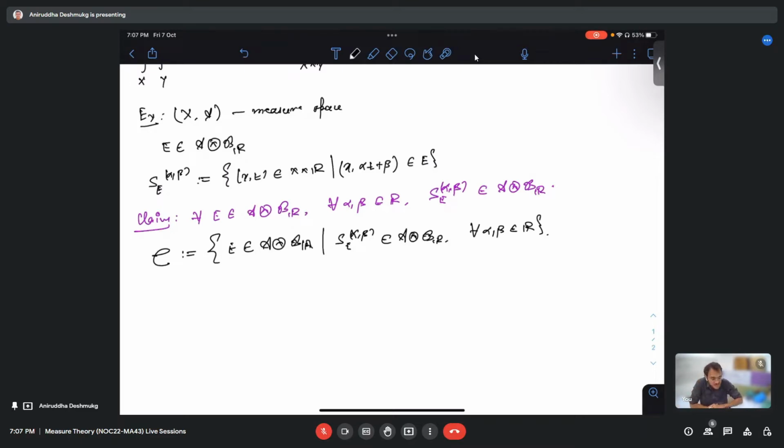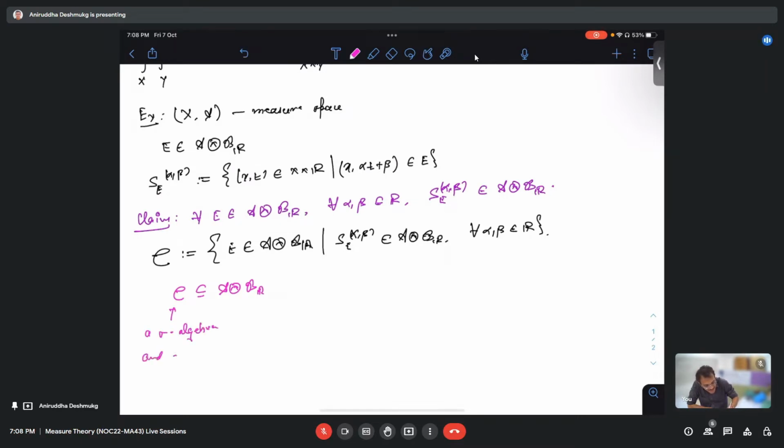What should we check first here in this collection? You are using the sigma algebra technique. Right, I'm going to prove that C is contained inside A cross B. Because we are collecting sets from A cross B, right? So if I prove that this is a sigma algebra